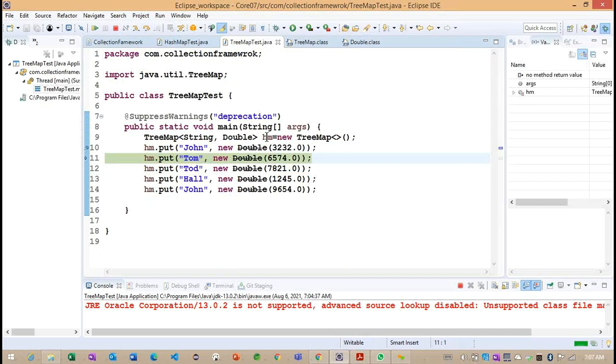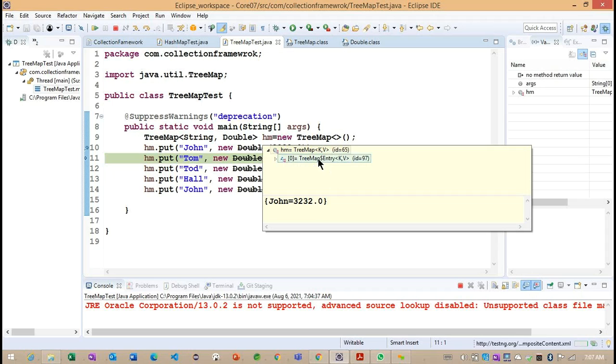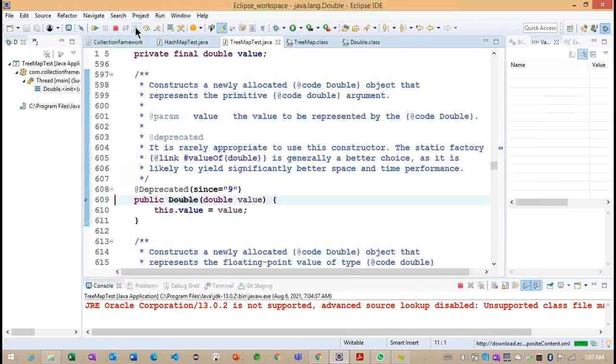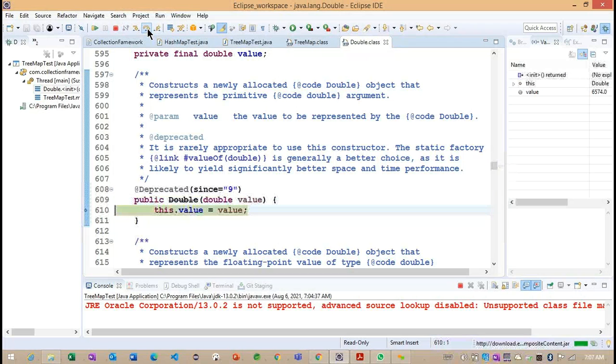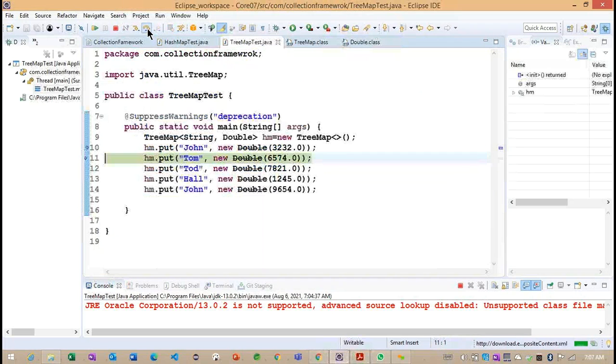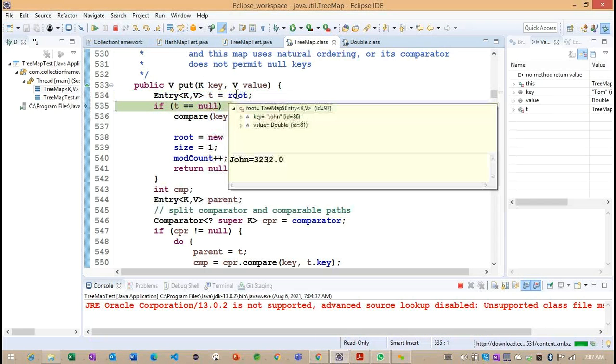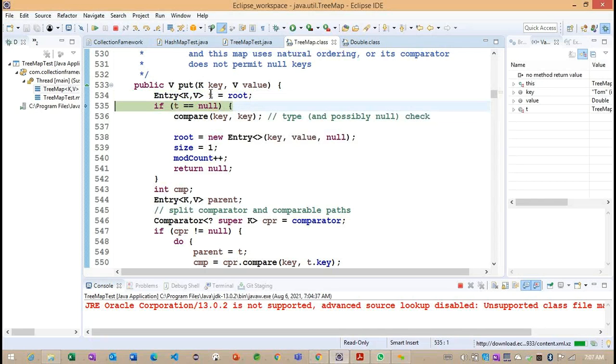Getting the point. Now you can observe in the entry, we have this particular section of code. Okay. Now, one more put method. So this time we are going to call it with Tom. In this section of code we are working on Tom. Now you can see we have the root element, so this T is not null.